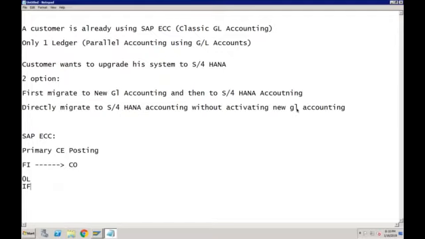I'm asking you from the ECC perspective. In ECC, whenever we post anything in FI, it also goes to CO. Now in ECC, if I have two ledgers, 0L and IFRS, if I do any postings here, this will go to both the ledgers. So now if they are going to both the ledgers, what will happen to CO? In CO also, do we have ledgers?